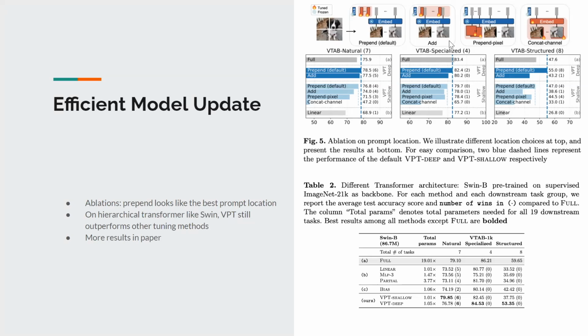Swin is kind of a hierarchical sort of transformer. It tells us something. But that's interesting, right? So Swin is better than ViT, right? That's what they have, the more price. So you're saying that with Swin you can beat it? Yeah, you can. So that's interesting. It's dependent on which transformer you are using. But I still cannot give you an analytical explanation. We're still thinking about it a little bit.